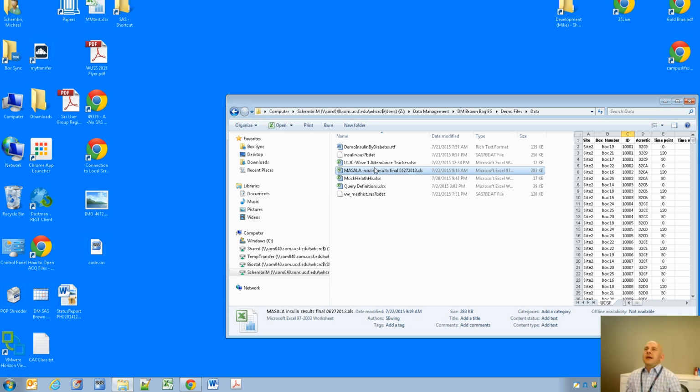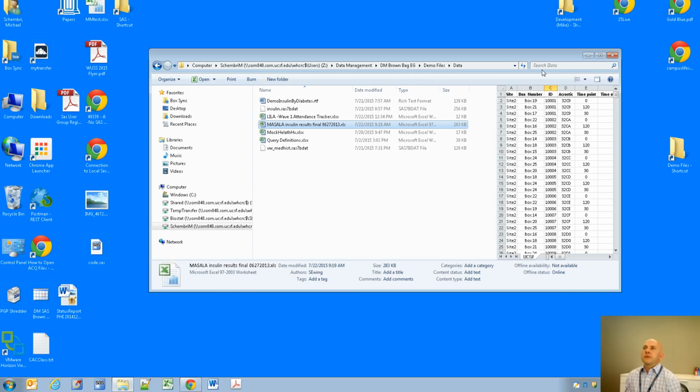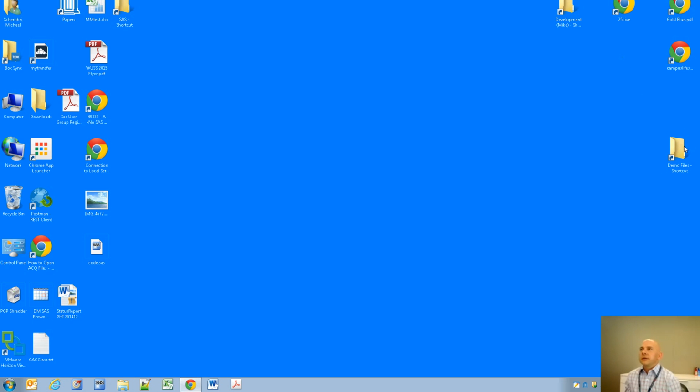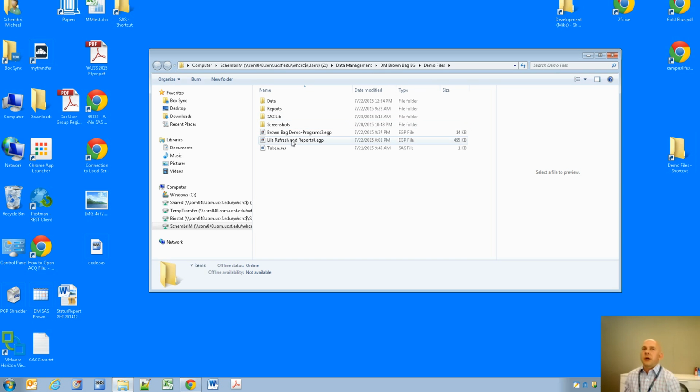Okay. Yeah, so like I said, at the WHCRC, we do clinical trials, and as you can guess, probably in your projects as well, there's a lot of multiple steps. There's reading in the data, massaging the data, merging it with other data, doing data cleaning, and then doing data quality reports. So we have all those steps, and prior to using Enterprise Guide, I had 5 or 6 programs